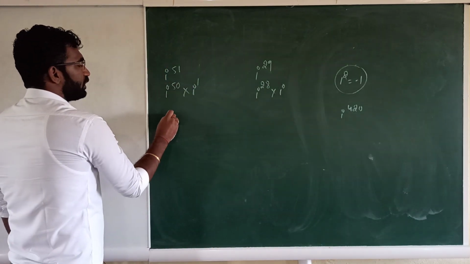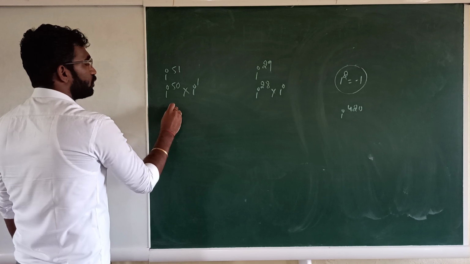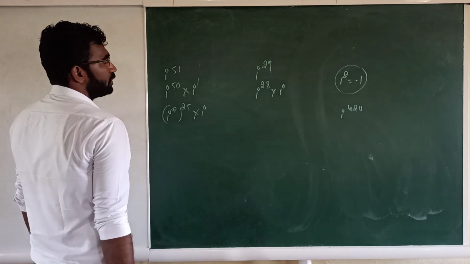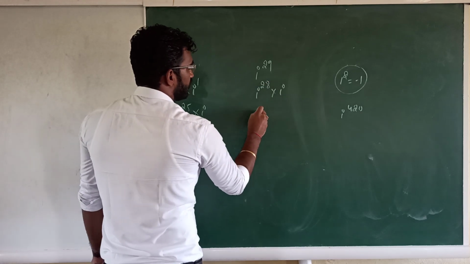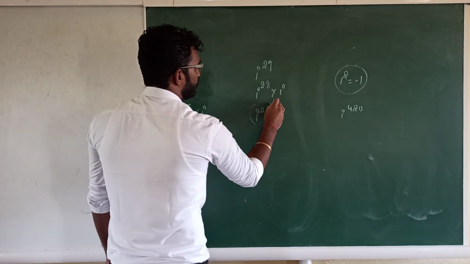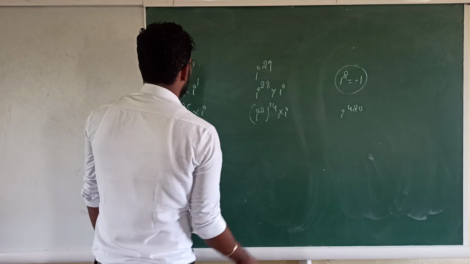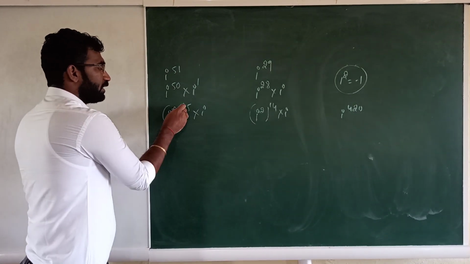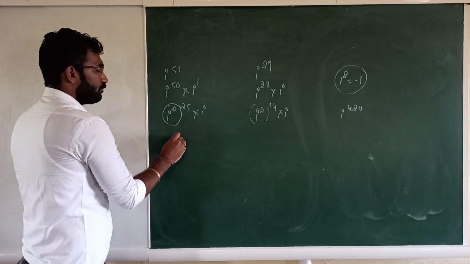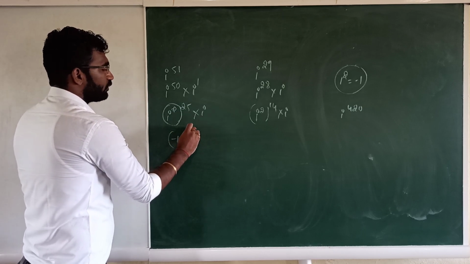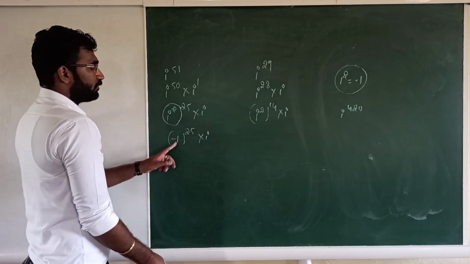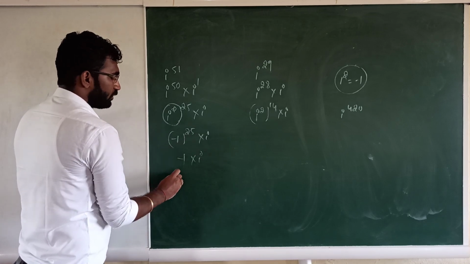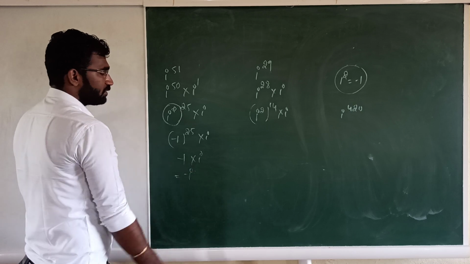i raised to 50 can be written as i squared raised to 25, into i. For the other one, i raised to 28 is i squared raised to 14, into i, right? Again you calculate and you will get 51 only. I know the value of i square: minus 1 raised to 25, into i. Therefore minus 1 raised to an odd number is always minus 1, so into i. Therefore the answer is minus i.